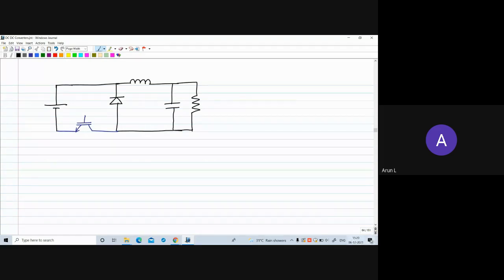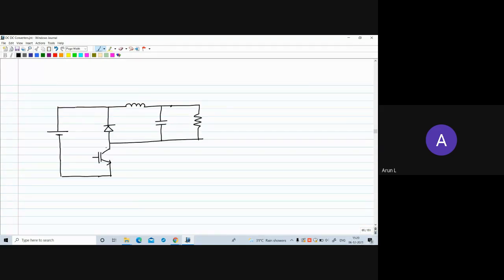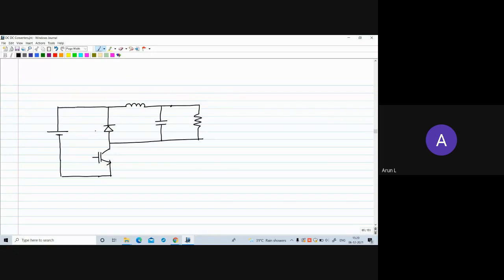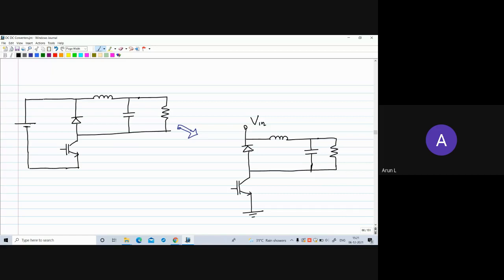Now I have reoriented the switch like this. In the previous figure, the switch was in the horizontal position. I have just made it vertical in the next diagram. So if you rearrange it like this, then in the next diagram we can eliminate the source and mark it as V. So let us eliminate this source and mark this point as ground and simply put a bubble here and write V. So it means the same thing. This point is at a potential of V with respect to ground. So that circuit is redrawn here. So this is the same as our buck converter.